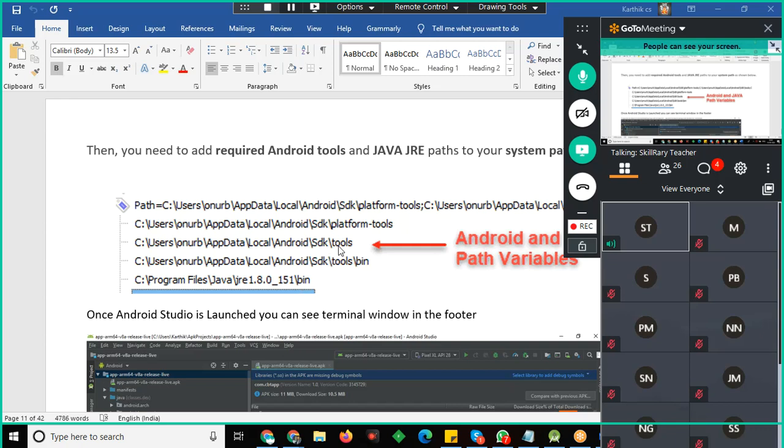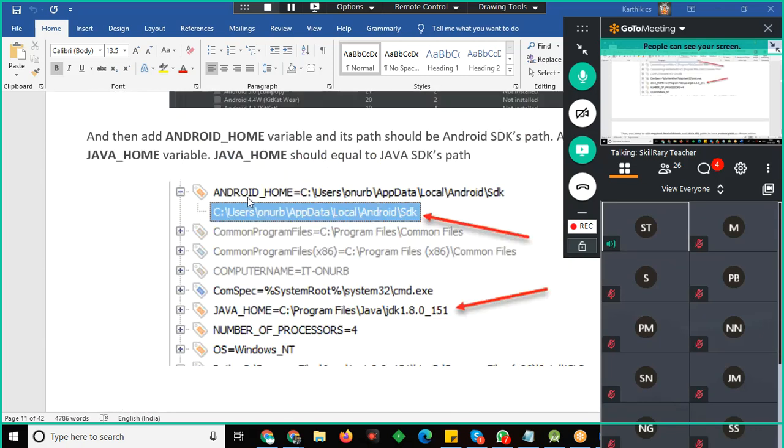You need to set the path of Android SDK tools and configure Android SDK platform tools under the path folder. You need to create a new variable called Android Home, and then set the entire Android folder there.